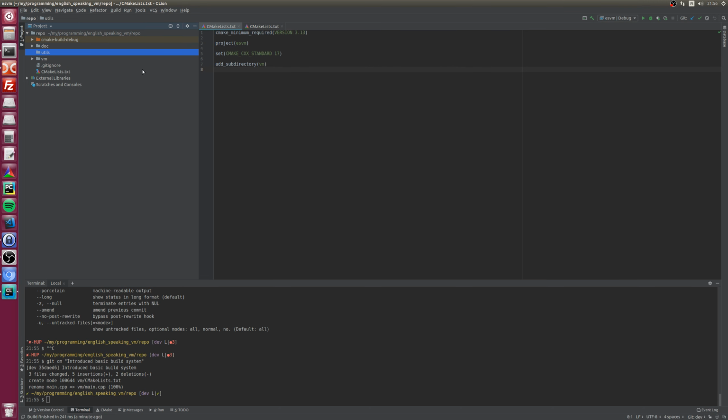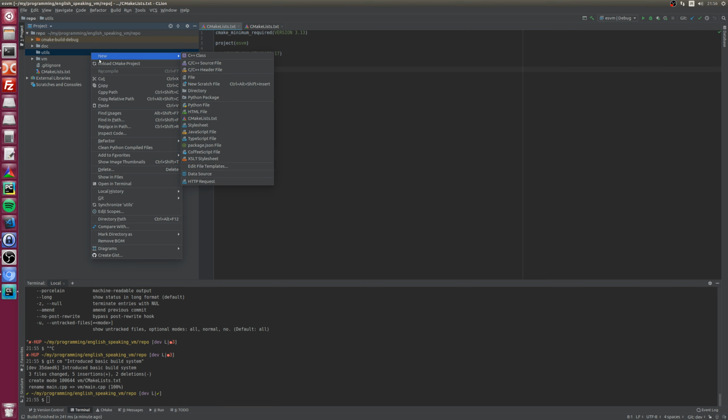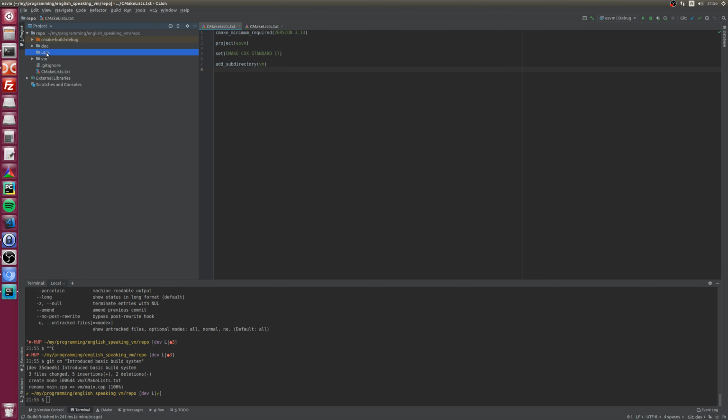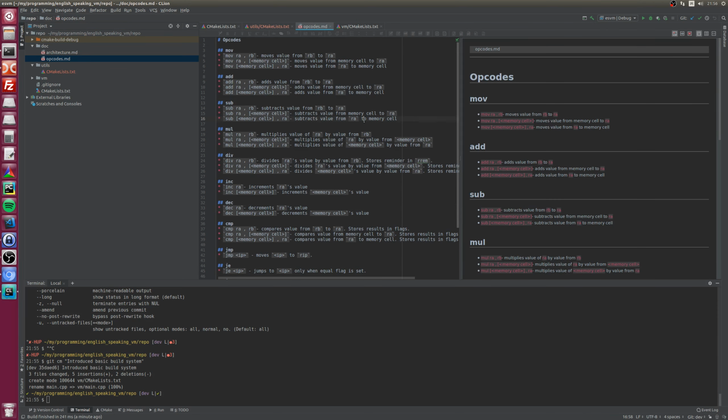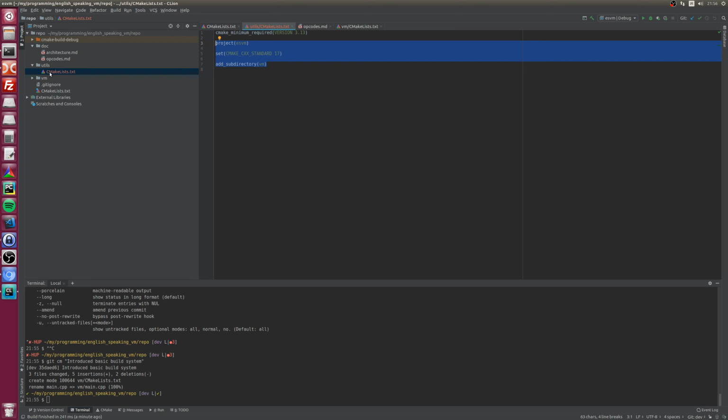What, utils? I shouldn't have removed that, but yeah. Okay. I'm going to implement a very simple cross compiler from my assembly, of which opcodes I just wrote, to the actual binary opcodes. So yeah, cross compiler project. Yeah, let's go like this.